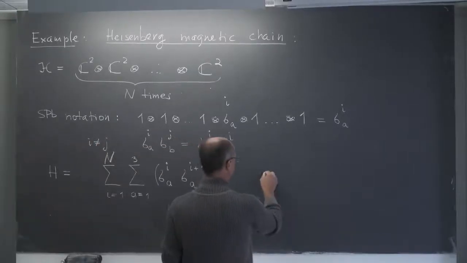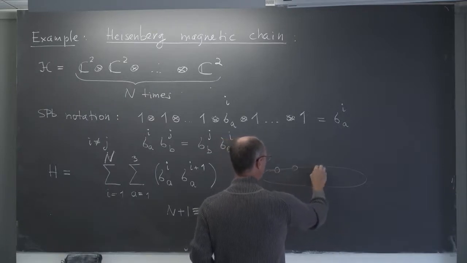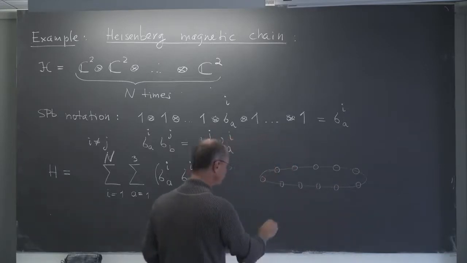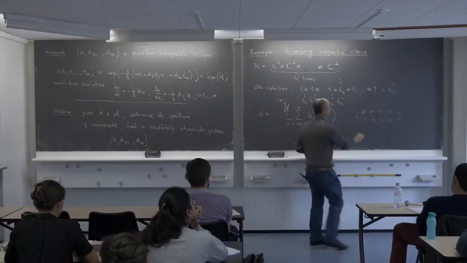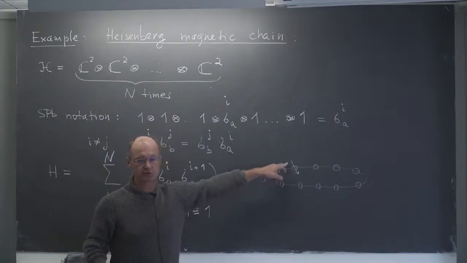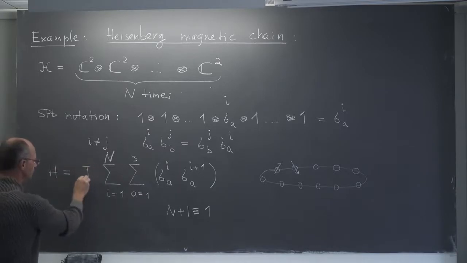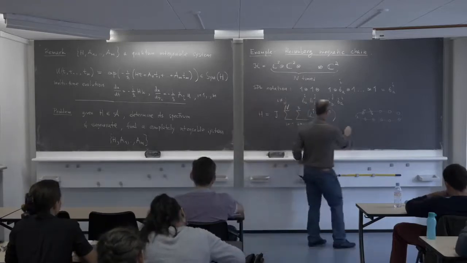Now, what's the physical idea of it? So you have a chain, and on that chain you have your spins, whatever, electrons or whatever you want. And so this is basically the scalar product of those two spins. So you have two spins, and the contribution into the energy or into the Hamiltonian is the scalar product of these two spins. Now I left some room here, and let me write here some constant, J. And if this constant J is bigger than 0, right? So then what will happen, or maybe let me start with the example of J